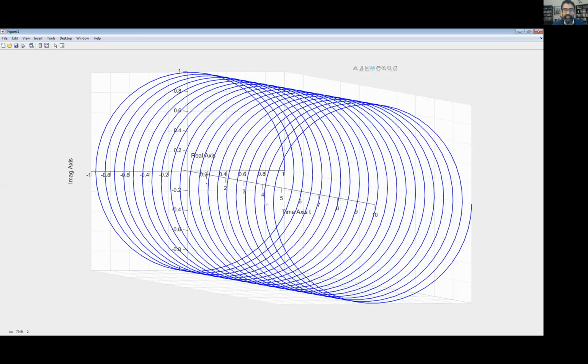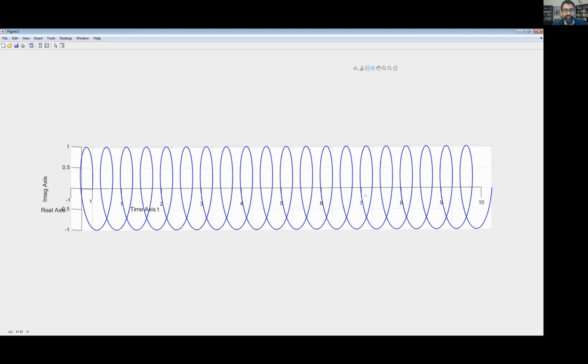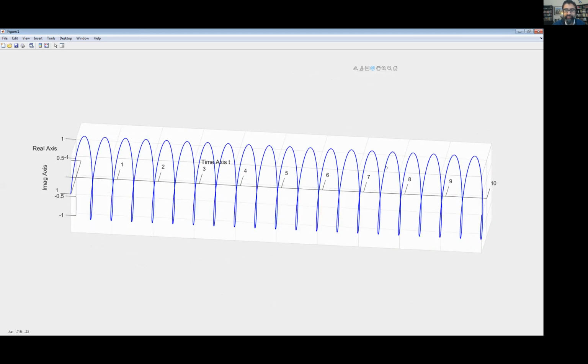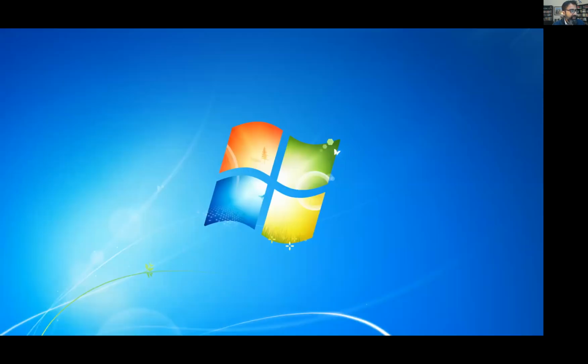Okay. So I'll share this demo. You can view this on your own PCs, rotate this around to see different dimensions of it. What I want to show you next is a simple animation, if you will,